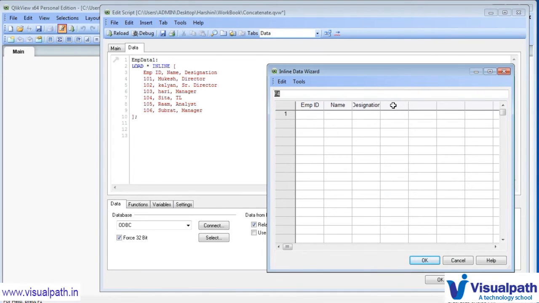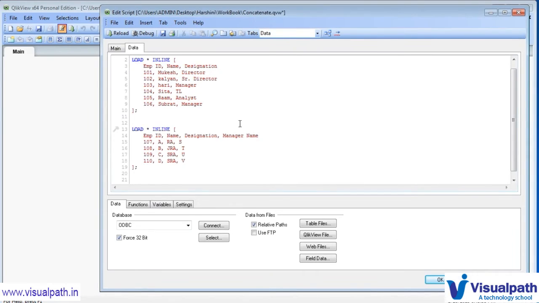and let's say here we have manager name. Okay, so here we will see 107, 108, 109 and 110, and name is A, B, C, D, and let's say their designation as RA, JRA, SRA or SRA, and then their manager name is, let's say for A the manager is S, then for B manager T, then for C manager is U, and for D manager is V. That's it. And I'll just click on OK.